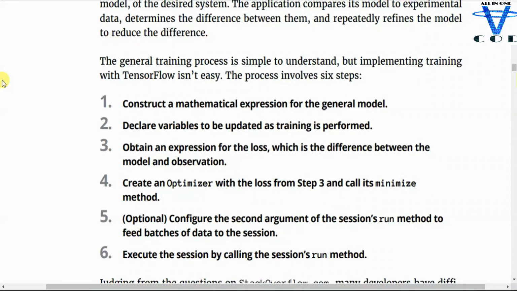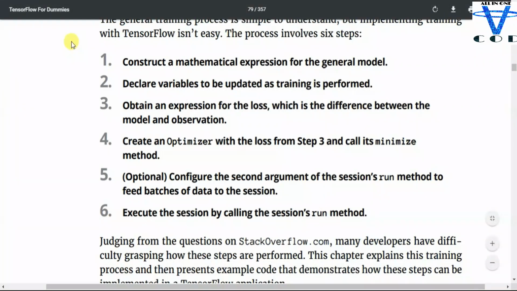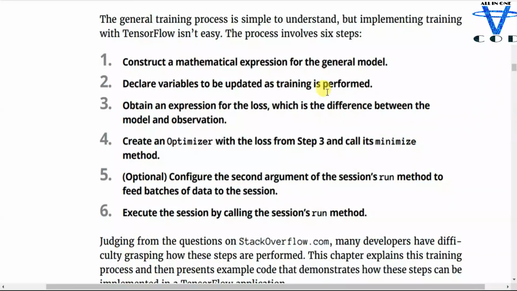And the fifth one is optional. Configure the feed_dict argument of the session's run method to feed batches of data to the session. Execute the session by calling the session's run method. So the first one is construct a mathematical expression for the general model. So you have to create a general model and fit the actual model to your data, and then declare variables